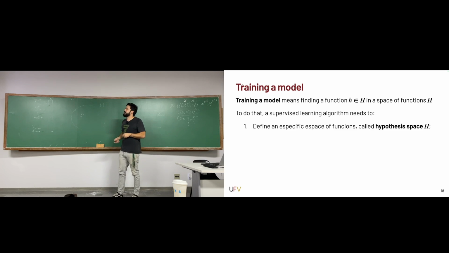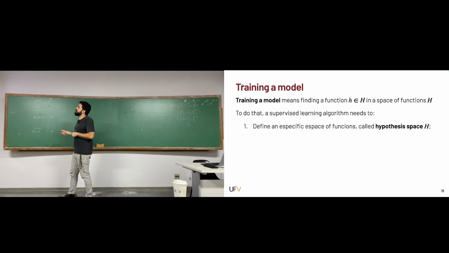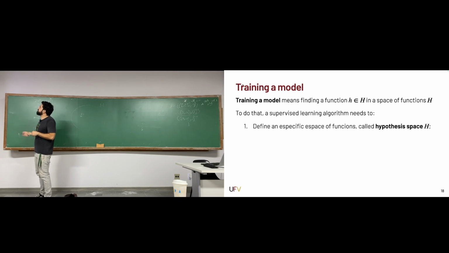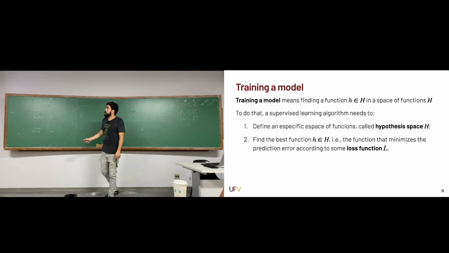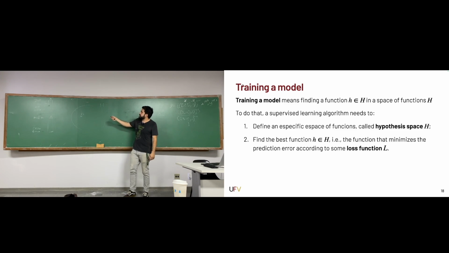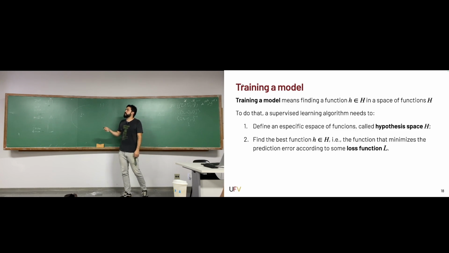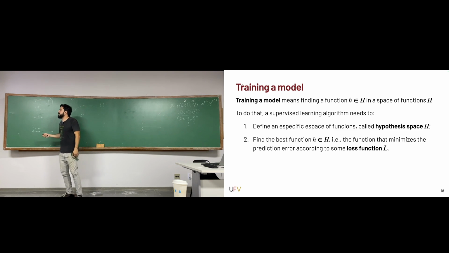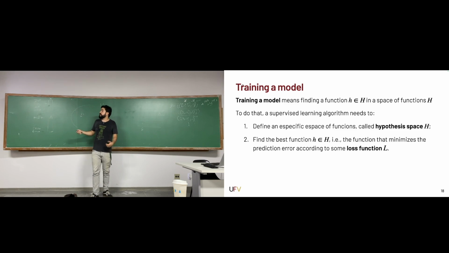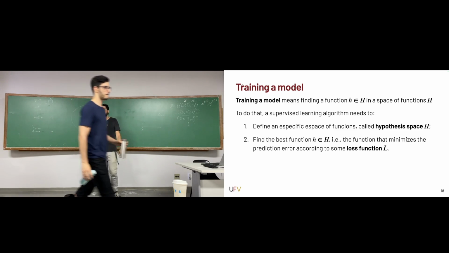Defining a specific space of functions, and we call this space the hypothesis space, H. And then, once you have defined this hypothesis space, you can somehow search for a specific function inside this space, right? And you want to find the best function. The way we define which one is the best is through a loss function, which measures the error of that function h